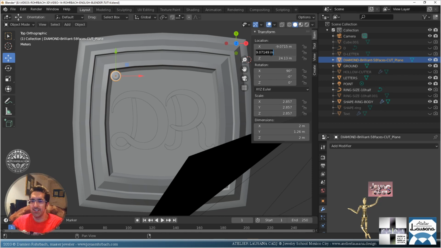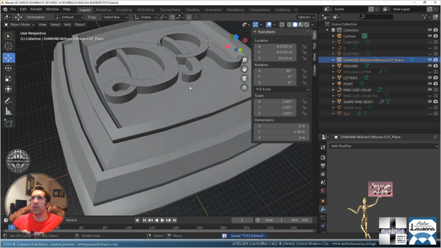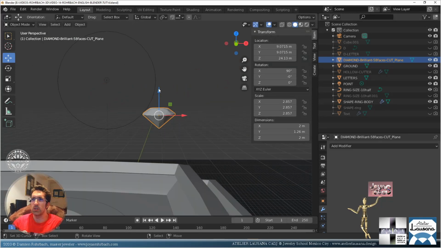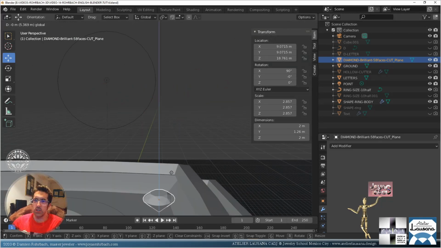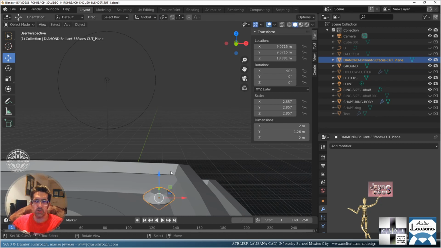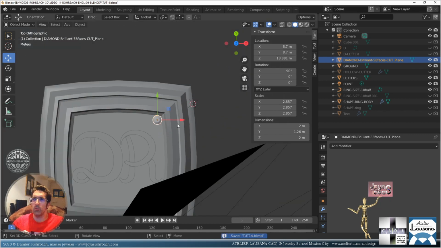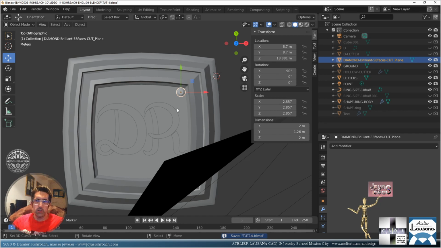Let's go at 9.0715. Let's go positive right here. Now let's have a look if the stone is at the right level. Nope. Let's put it a bit inside, a bit outside rather said, here. So that's too far in the corner. Let's bring it here. 8787. Okay, we have this. So let's try